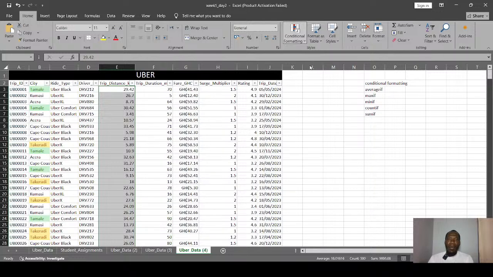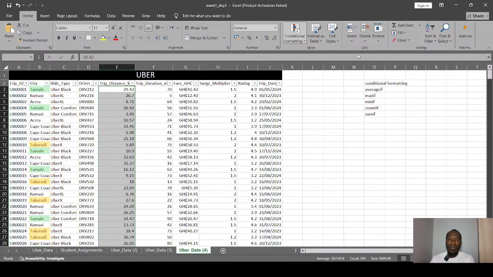Then with numbers, we are very free to do a lot of things, right? So when you click on the conditional formatting and the drop down appears, I think I've showed us how to use the 3 colors in the previous assignment, so I will not waste much time on that. Let's look at the highlight cells rules.